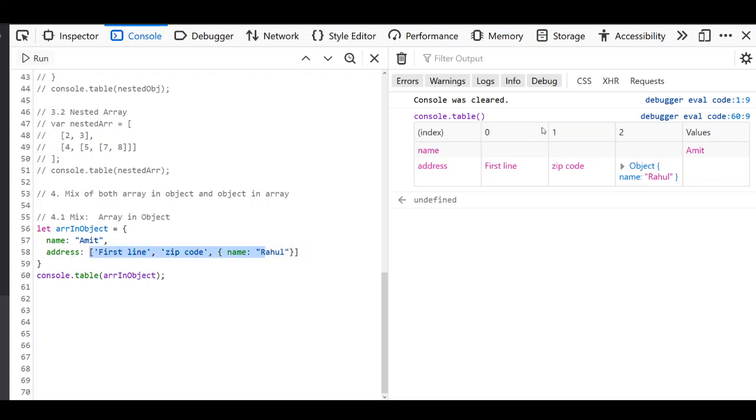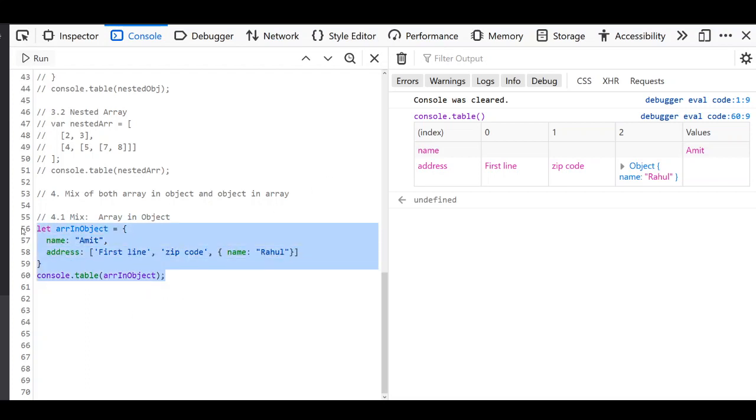So the first level is expanded or extracted here in this way, and the object values that it has are represented with this value. So Amit, name having Amit, address having arrays. So the array has 0, 1 and 2. At the two side it has an object inside it. So it has created an expandable because one level of nesting is supported.